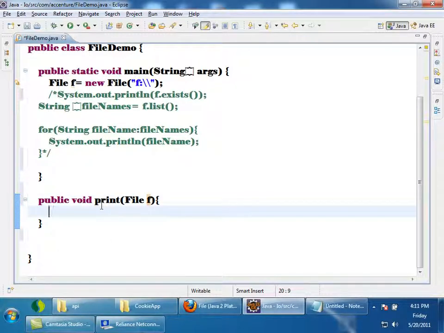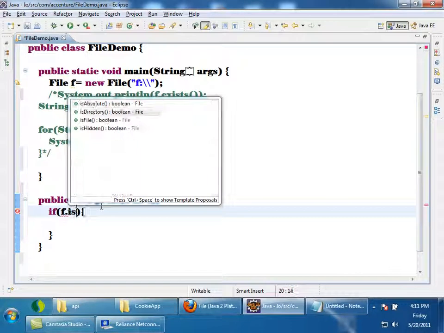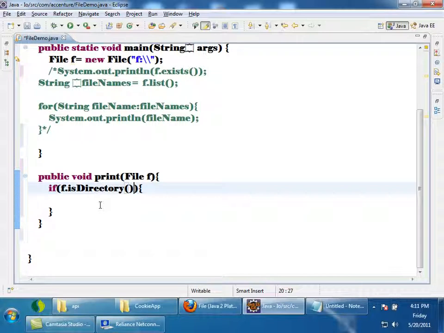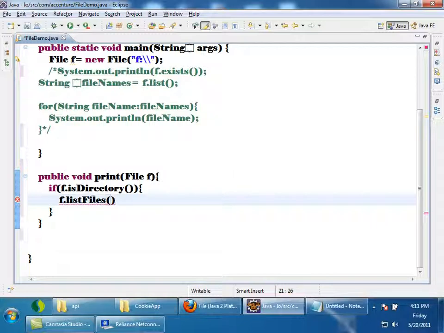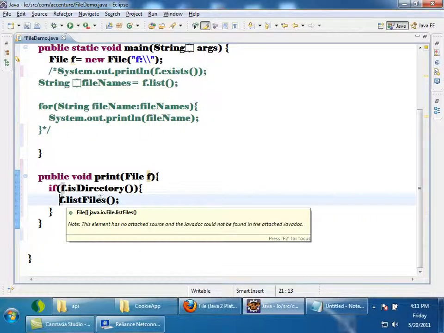Now, if f.isDirectory, if it is a directory, then what I'm going to do is f.listFiles. I will be getting a file array. See the approach I'm doing. I'm calling the method first and seeing the return type. The return type of this method is what? File array.